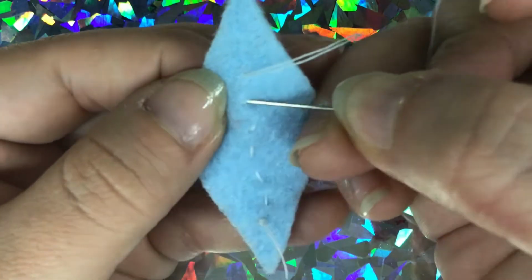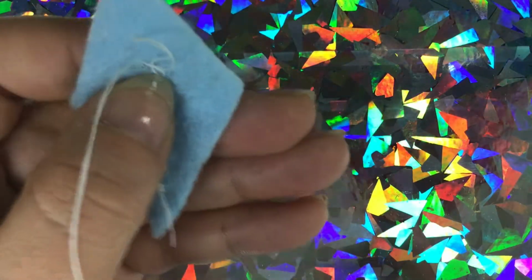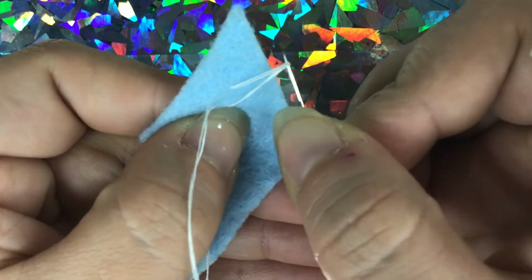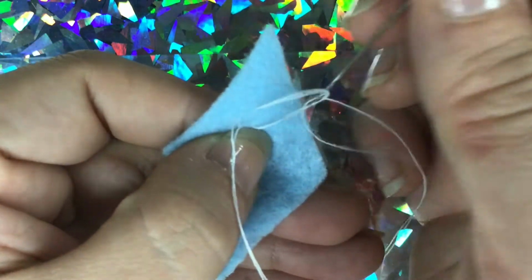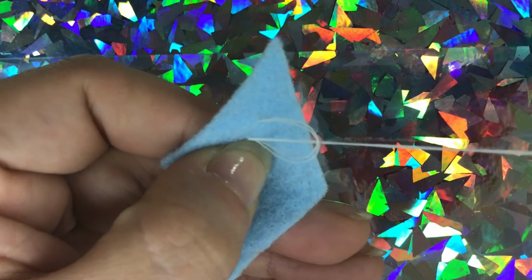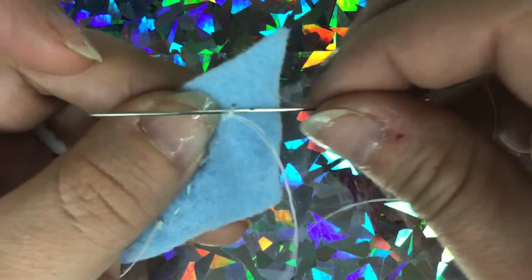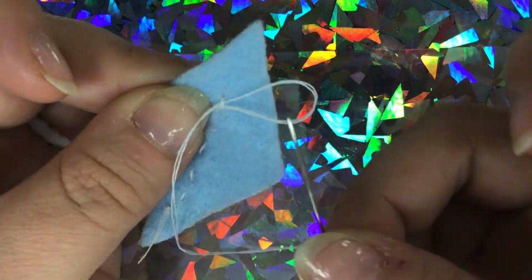Now to tie off this stitch, you're going to tie it off just like all your other stitches and go underneath your last stitch. And before the bubble of thread closes on your stitch, you're going to run your needle through it and pull that stitch. Now that creates that tie off tree, and now we want to strengthen that, so we're going to go over and we're going to do that exact same thing